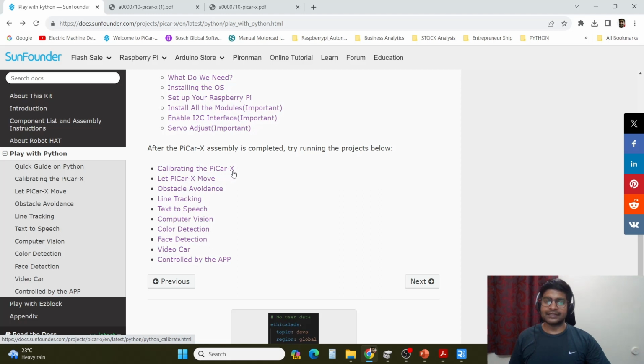Calibrating the PiCar-X. If you run this calibration code, you will be able to set your steering angle at the 0 position as well as camera servo angle at the 0 positions. In fact, you will be also able to ensure the both wheels are going into the forward direction or not in the backward direction simultaneously or not. So here you will be able to do that. So let's click into this,